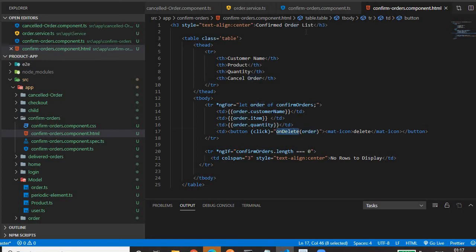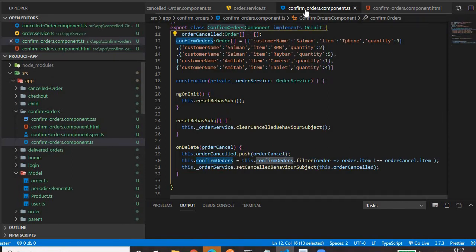And in the onDelete function, once we get the order object that we want to delete, we are pushing it into an array, and this array we are setting in the BehaviorSubject. The same array is set in the BehaviorSubject so that it will be subscribed to in the cancel component, the component where we need this cancelled order.